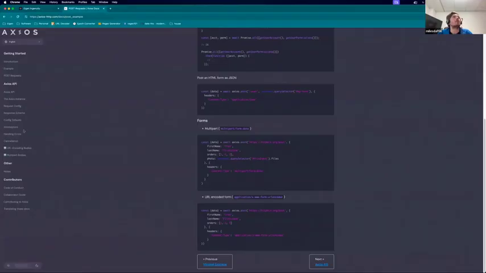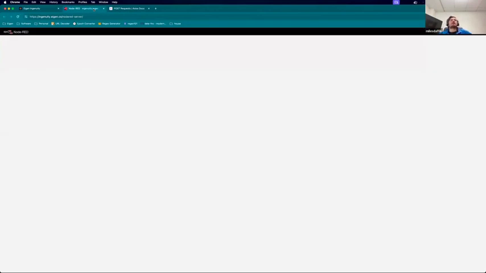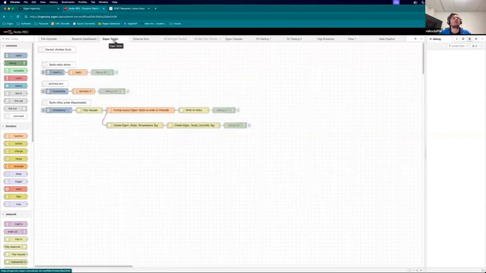So within Ingenuity, you have this scripts button on the side. So if I open that into a new tab, that brings up Node-RED, which is running as a part of the product. And within Node-RED, you have the ability to essentially build up scripts, endpoints, or little workflows using the blocks on the left. So here you can see that quite a few of us have started to build out different